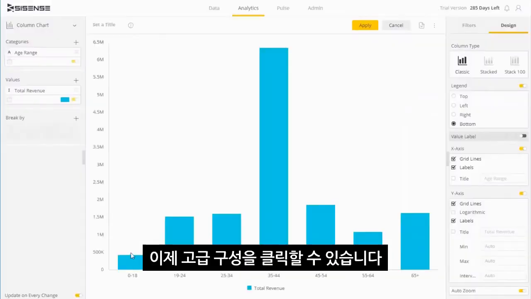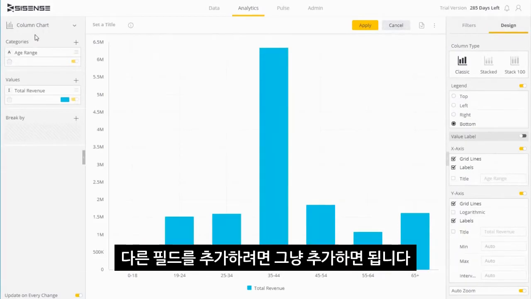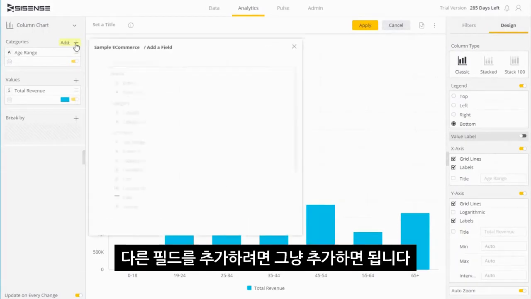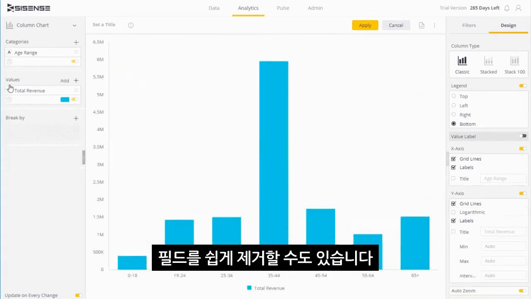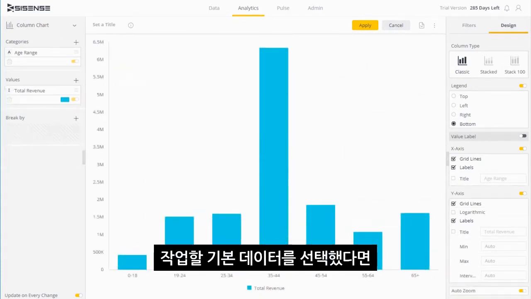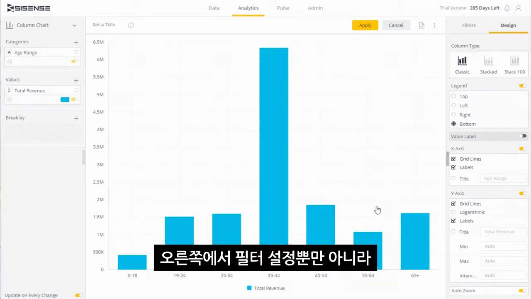Advanced Configurations. What's important to note is that I can add more data. So over here, if I want to add another field, I can simply go and add that, and I can just as easily remove that field. Once I've selected the basic data I want to work with, I can come to the Advanced Configurations and then add some additional formatting. And on the right, I can add some settings for the look and feel as well